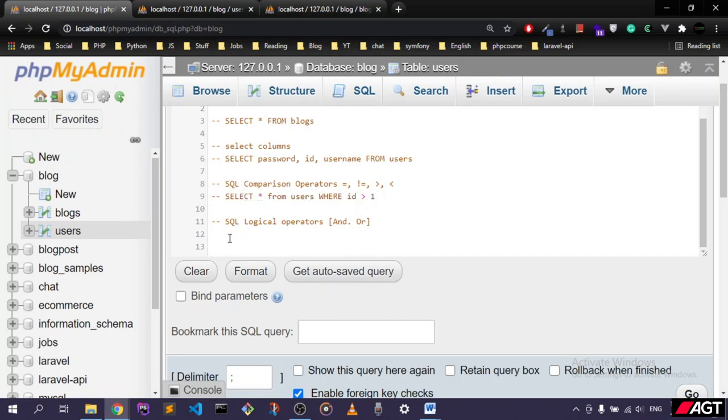Okay, so now we go to the last one, which is of course the logical operators. And of course these are and, or, and we also have to use some kind of condition, just to get some data with and or, of course we'll get some error. So let me try on select all from